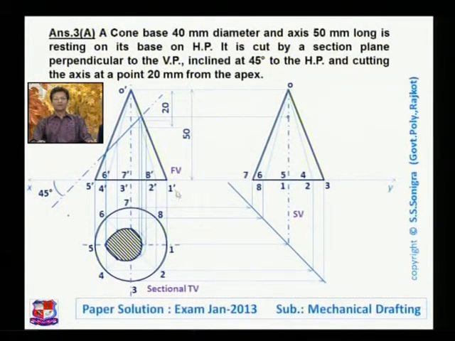Now how to draw its side view? For that, pick up these points as we drew a vertical line from this point. Similarly draw a horizontal line from this point like this and transfer these points in side view. So for that, draw a horizontal line from here, vertical line from here. This is point number 1.